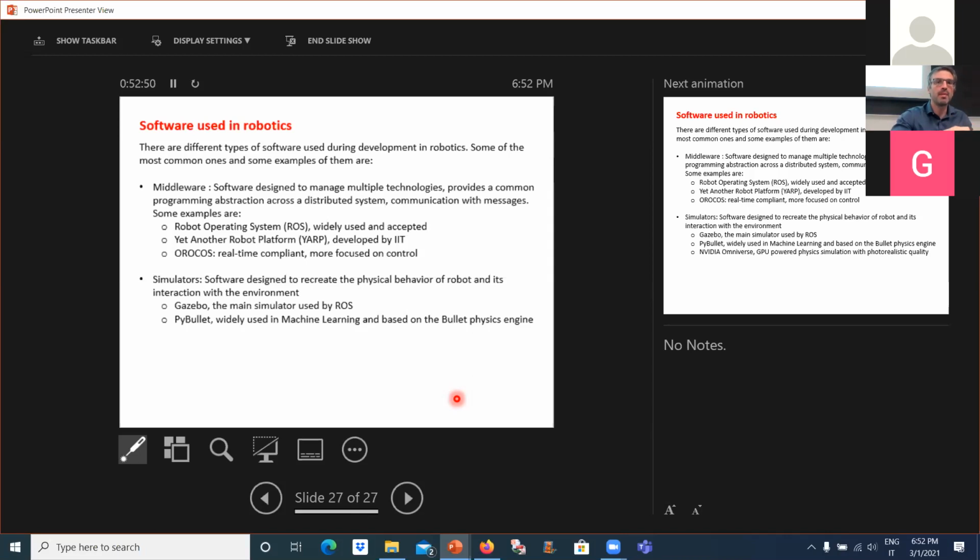It's based on the Bullet physics engine to integrate the dynamics. And then there is a new one developed by NVIDIA that will soon become very famous. I think it's based on parallel computation with GPUs, because GPUs, the NVIDIA boards, can also be used to parallelize the computation and speed up